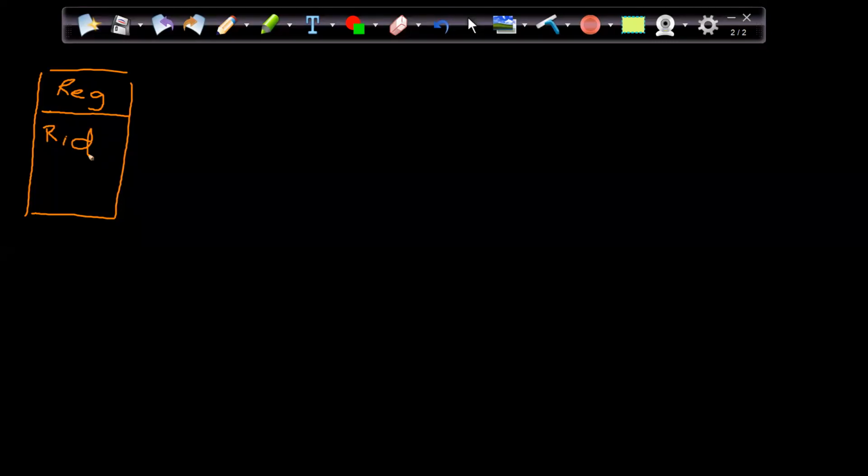That is my PK. Then we have region name, R name. That is my second column. Then, if you remember, the next table we created is the countries table. So we have the countries table.